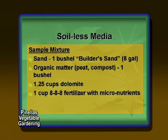Someone asked earlier about soilless media, and this is a sample mixture. This is one of many, many recipes out there. There are lots on the internet, and this is one that tends to do well in Florida, using builder sand, some kind of organic matter. It could be compost that you've created or compost that you've purchased, peat, dolomite, and this is because this type of